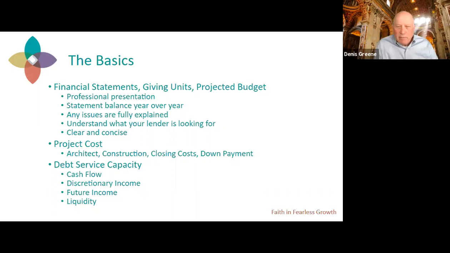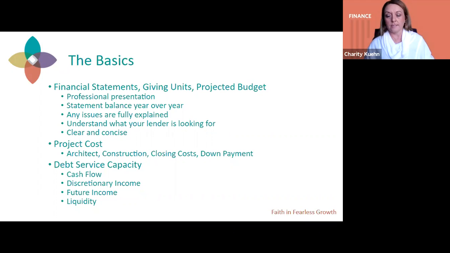Yeah, I got a question that popped up in the chat box: would you say that church financing is a specialty, just like commercial lending or industrial lending would be a specialty? I would say 100%. One of the things that I would like everybody to take away from this, and anytime I talk with churches, the most important thing that you need to have in a lender, whether it's a bank, a credit union, a foundation, is somebody who understands you as a church, not just a general lender.